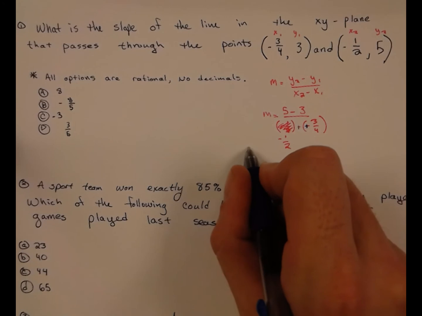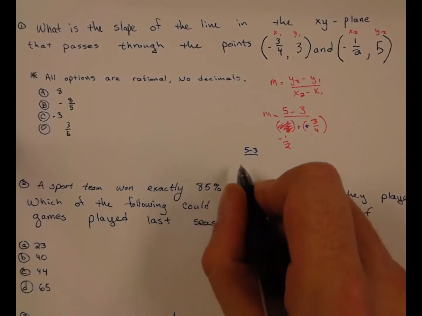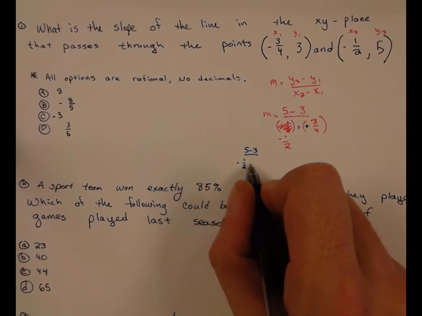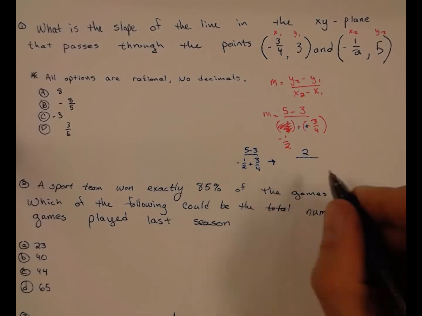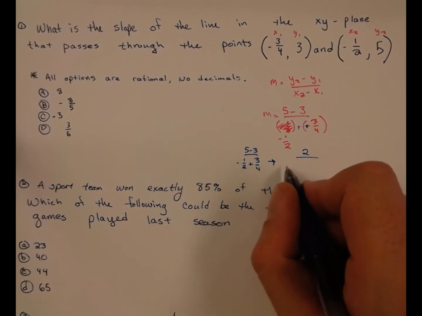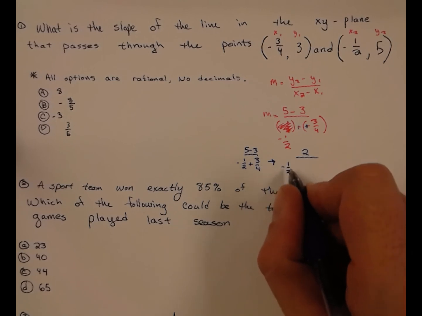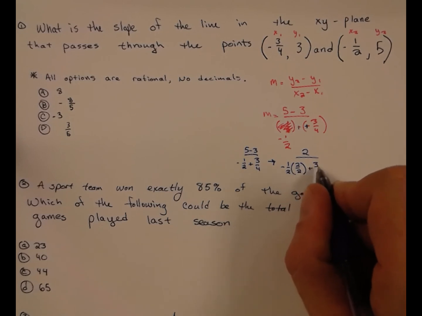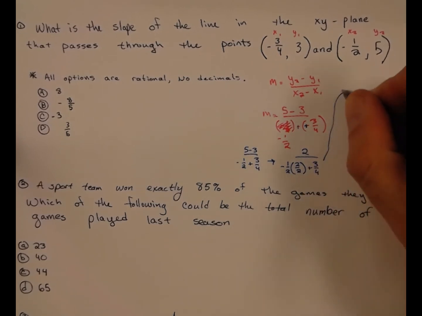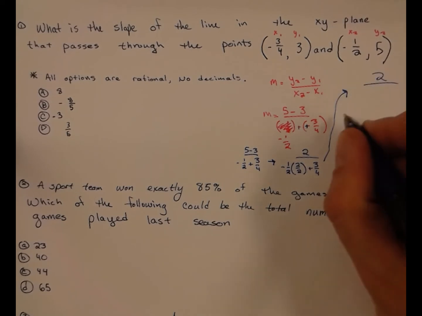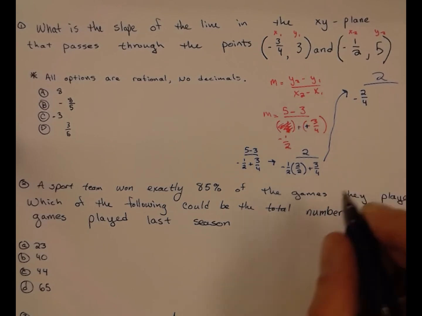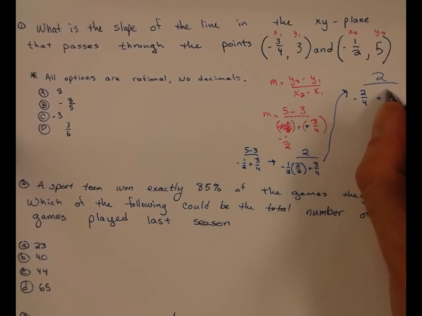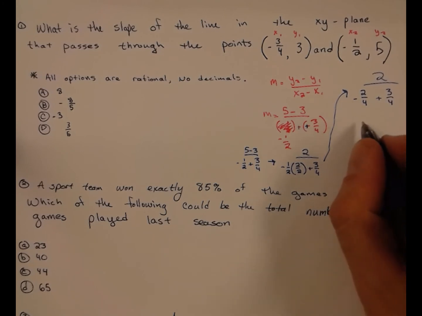So let's clean this up a little bit here. We have 5 minus 3, probably should have just simplified that, over negative 1/2 plus 3/4. Now, obviously 5 minus 3 is just 2. In the denominator, we need a common denominator. I'll run out of room a little bit. Let's come up here. So we have 2 in the numerator, and now for the sake of common denominator, instead of negative 1/2, we'll call it negative 2/4 plus 3/4,